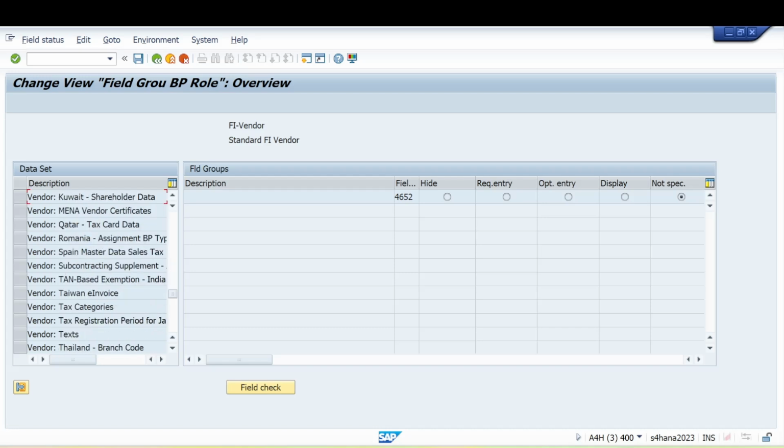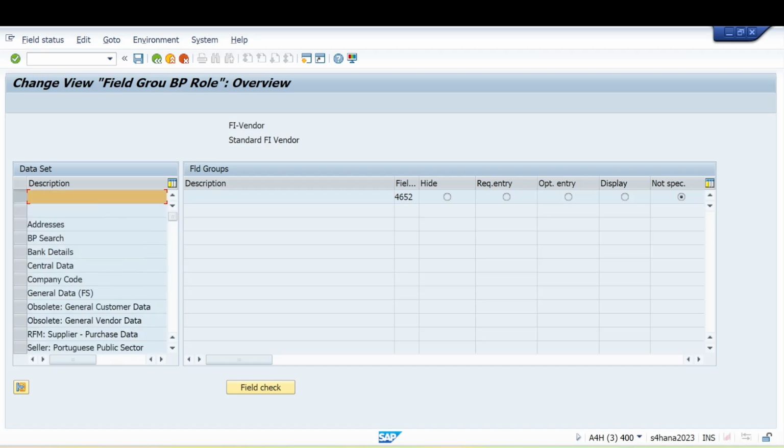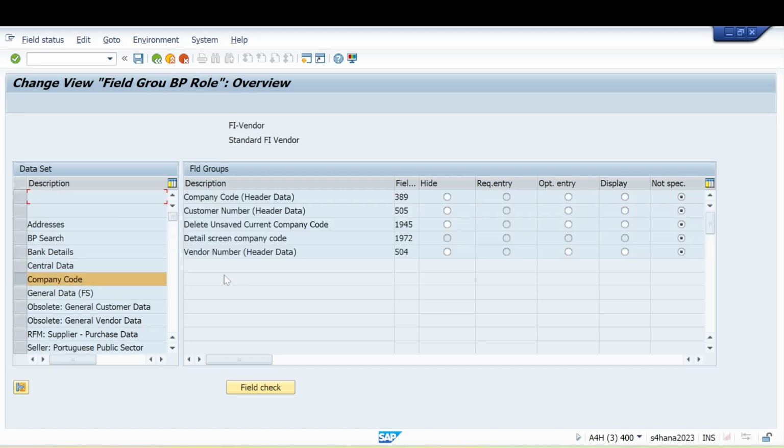So let me find that field. Company code data, in company code data, header data.